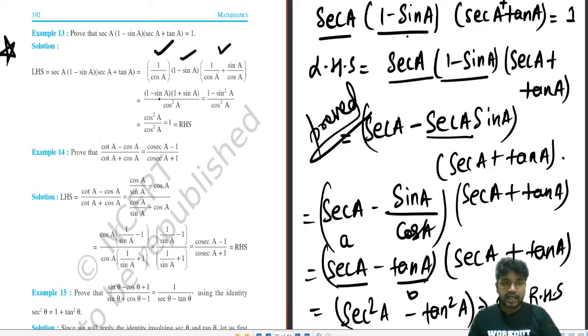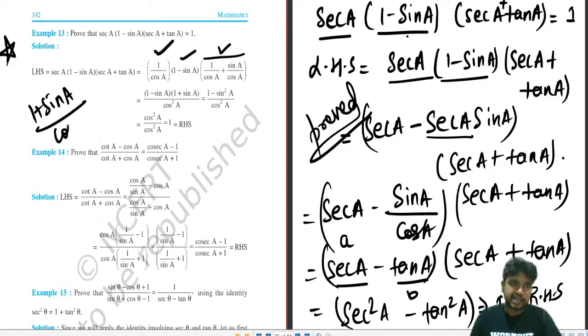So in the next step, they have multiplied 1 minus sin A over here. Okay. So after this step, what have they done? They have taken the LCM, 1 plus sin A by cos A. After taking that step, they have multiplied this and this, the numerator part, and they have written 1 minus sin A into 1 plus sin A. And there is denominator cos A over here and denominator cos A over here, so they have made it cos square A. After that, A minus B, A plus B, 1 minus sin square A. 1 minus sin square A is cos square A. This is cos square A. Both cancel and it gives me 1.